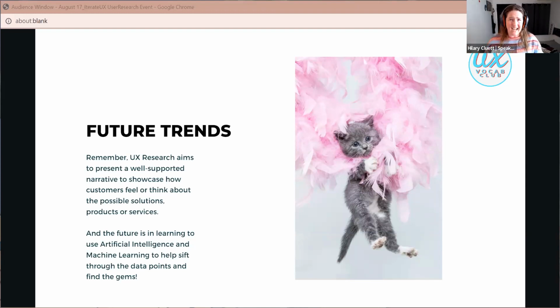So the whole point of user research, and I just saw this in your upcoming talks, it's going to be part of it, is to tell a story, right? You're aiming to present a well-supported narrative, a story that people can talk about and regurgitate. It's not just a 50-slide deck. Please never have 50 slides in a deck. If you have more than 10, just stop yourself, because no one has time for that and no one will remember it.